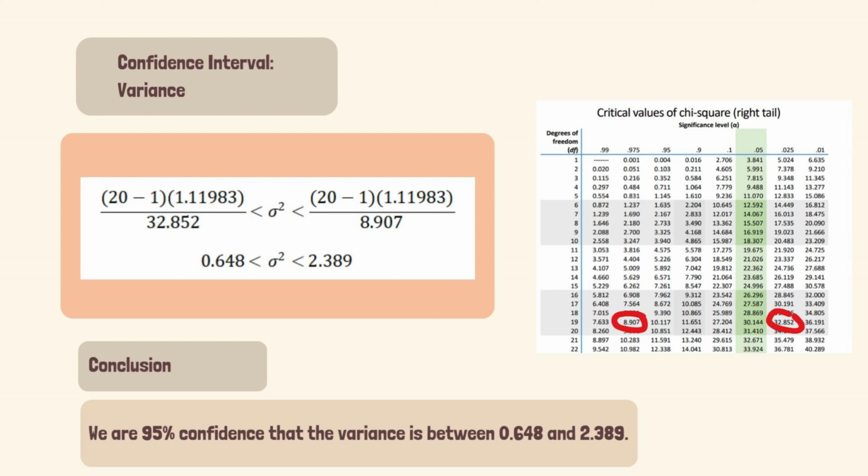Then we get the confidence interval for the variance, which is 0.648 to 2.389. We can make the conclusion that we are 95% confident that the variance is between